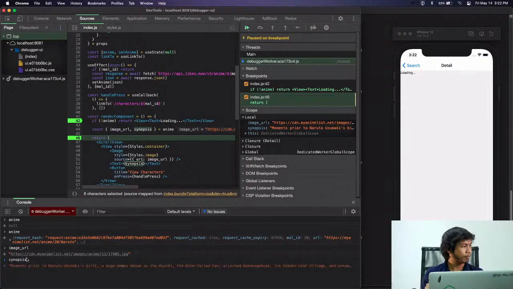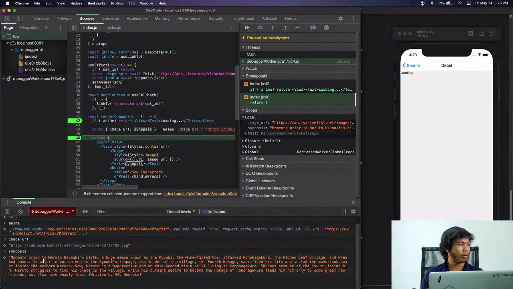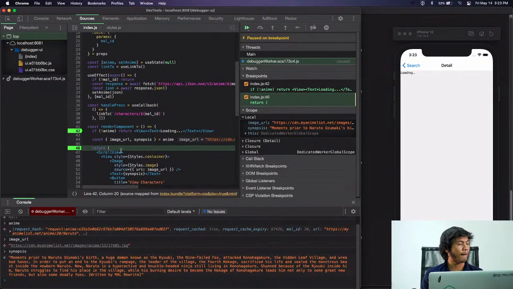Synopsis. It's here also, so it's very helpful. So if you don't use a breakpoint,